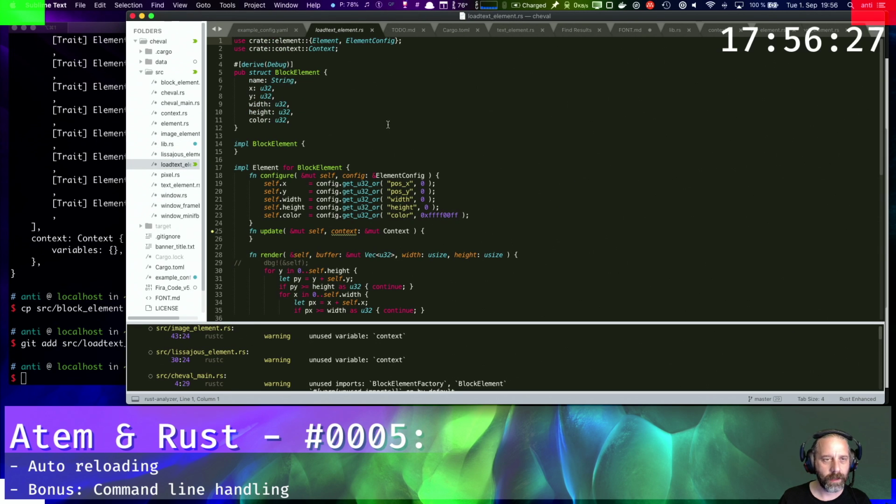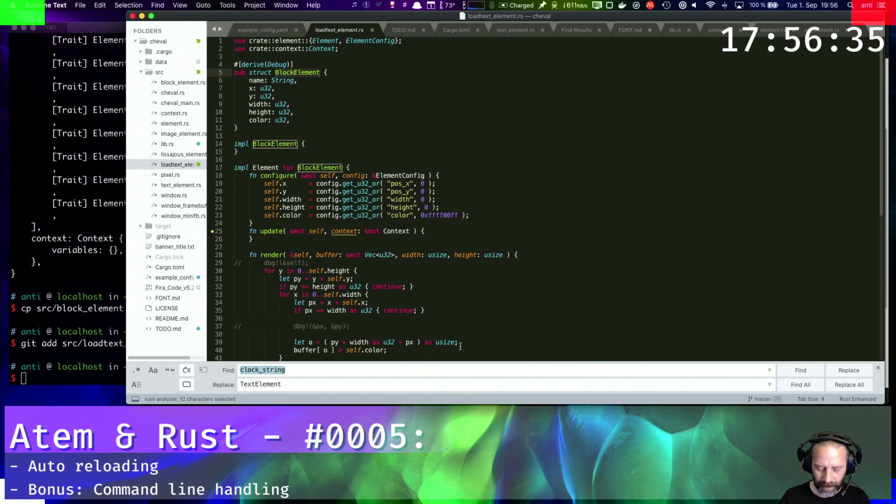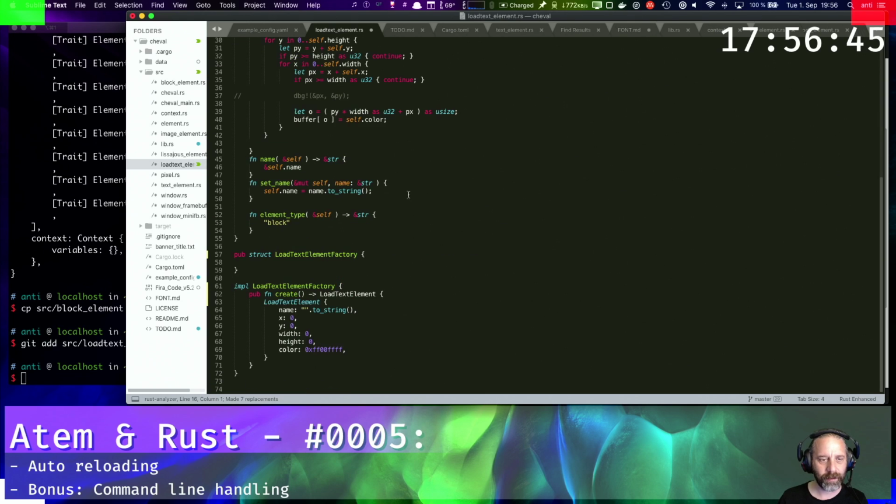Then we go here and say, okay, I can never remember the replace keyword. So we have block element and want to replace that with, is it load text or load text element? Replace all. So we've replaced all of them, and obviously we want to have a load text here,